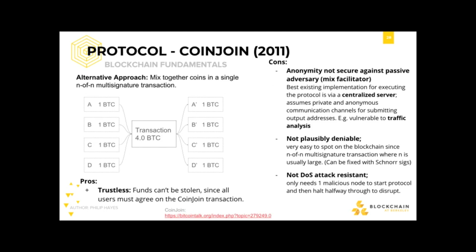Well, one example of this is CoinJoin, which takes n transactions and then does a multi-sig on them and then gives you n outputs. The pro of it is that it's trustless. You don't have any kind of counterparty risk. You don't lose your funds because you're doing a multi-sig. The cons, of course, are